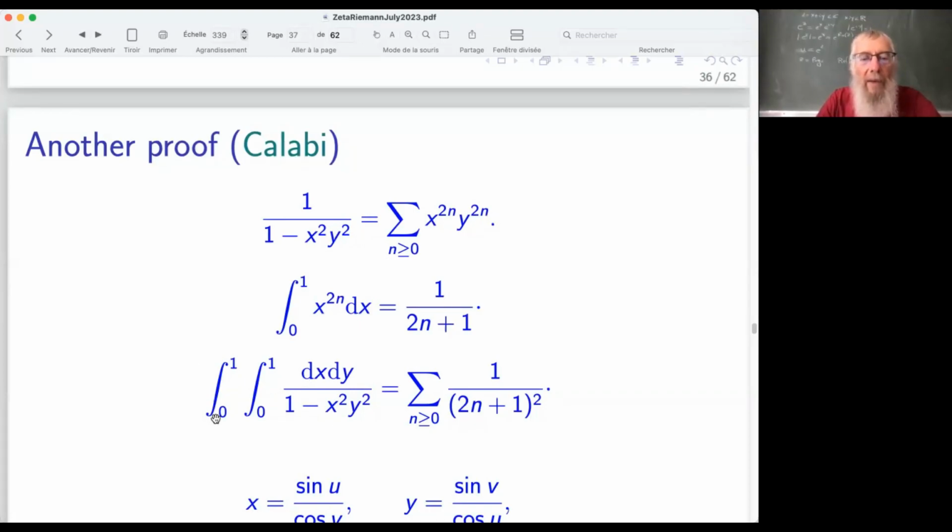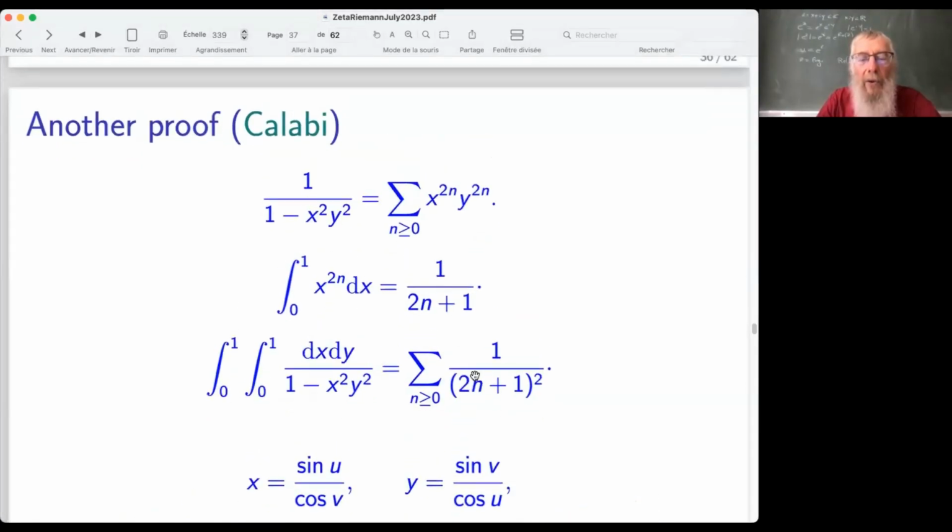And so if we have this double integral of the left-hand side, we have a sum of 1 over (2n plus 1) square. So we get the sum of the inverse of the squares of the odd numbers, only the odd numbers here. Now we want to compute this integral here. And for that, we make a change of variable. We replace x, y by u and v, where x is sine u over cosine v, and y is sine